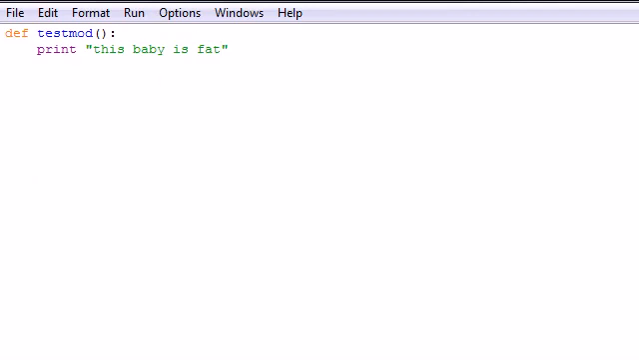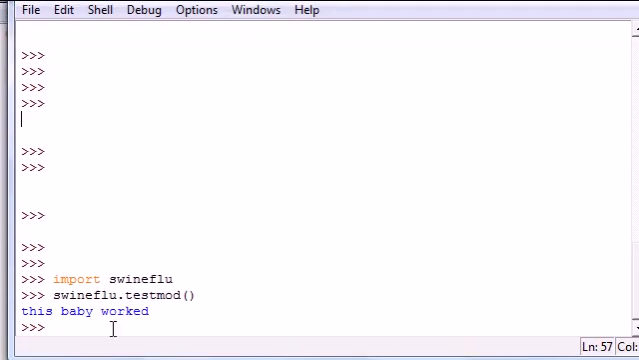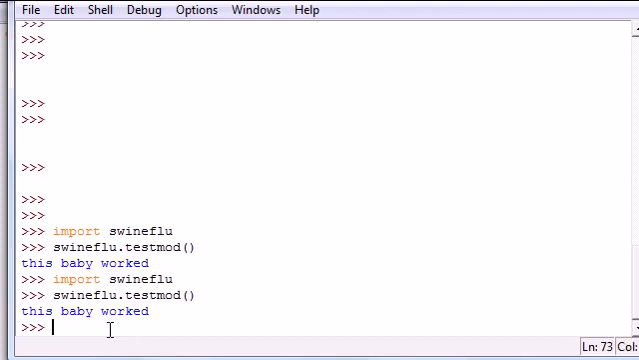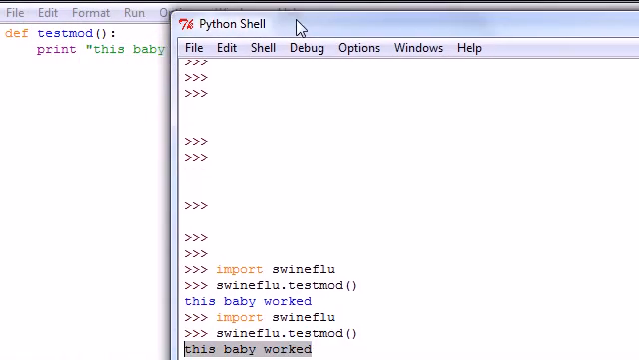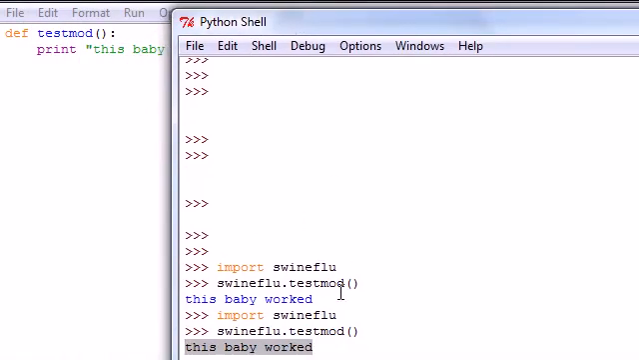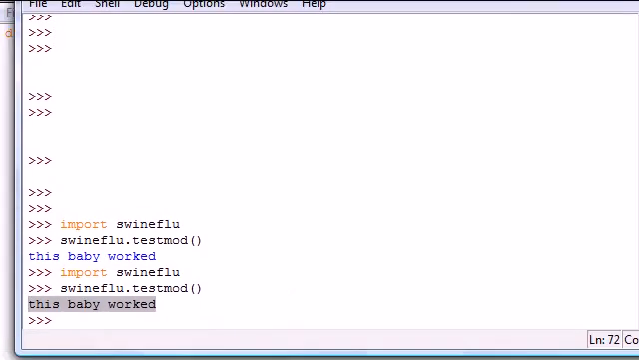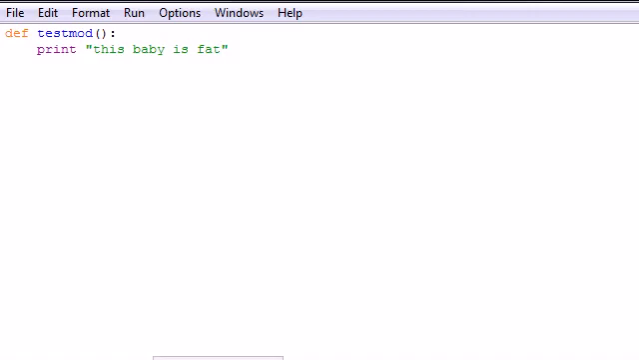We save this module. Now once we import it again, import swineflu, and then go ahead swineflu.testmod. It still says this baby worked. That's because you can only import your module one time. Now if you wanted this to actually show up that this baby is fat like it was before, what you would need to do is close this all together, go open up a new IDLE,